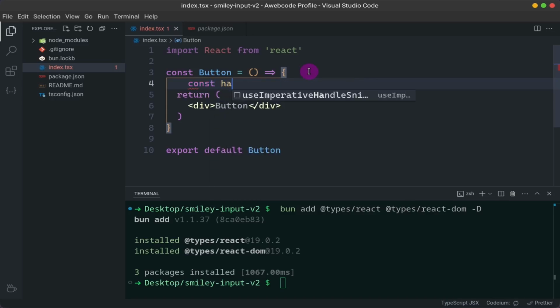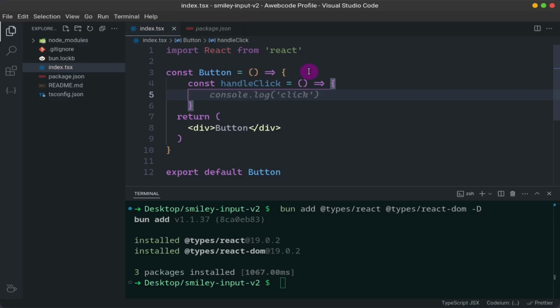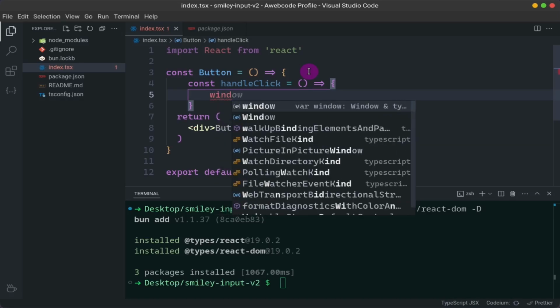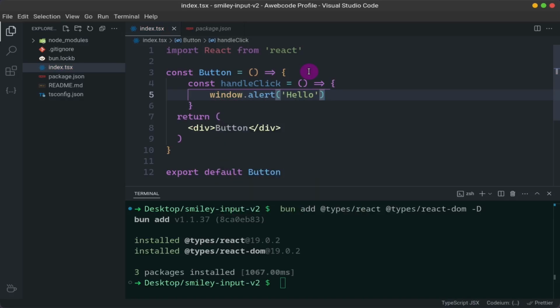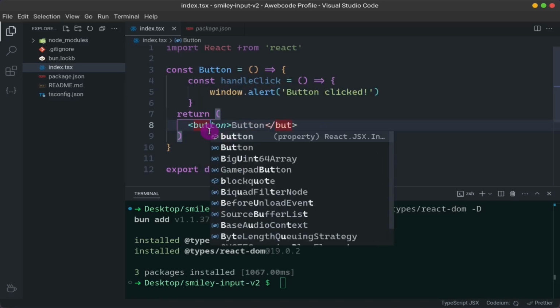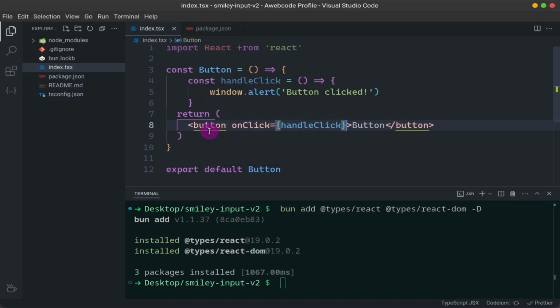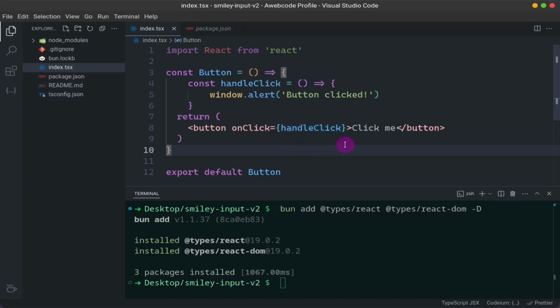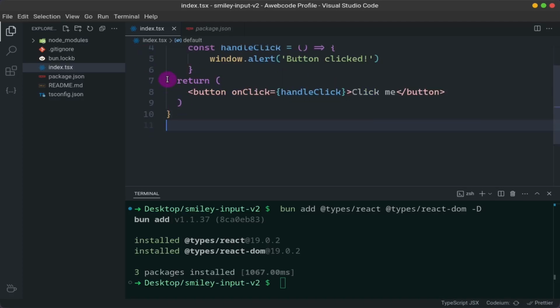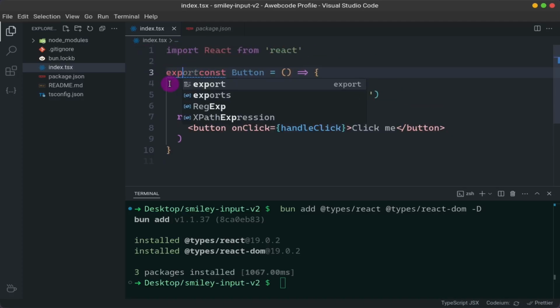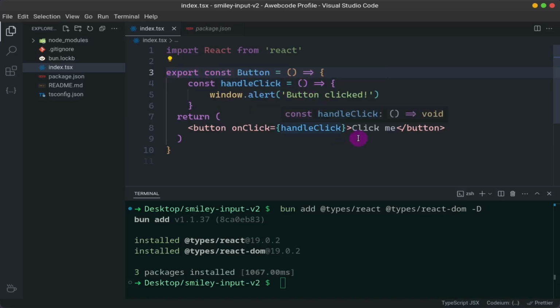Okay, so this is our button, and const will add a handleClick, just window.alert, "button clicked", and here we'll add button onClick handleClick, and change the content to "Click me". Okay, so whenever a user clicks the button, they will get a message. Just export const Button,